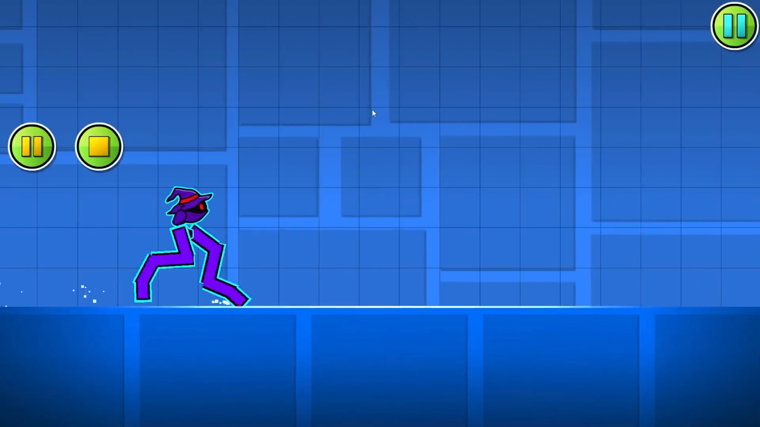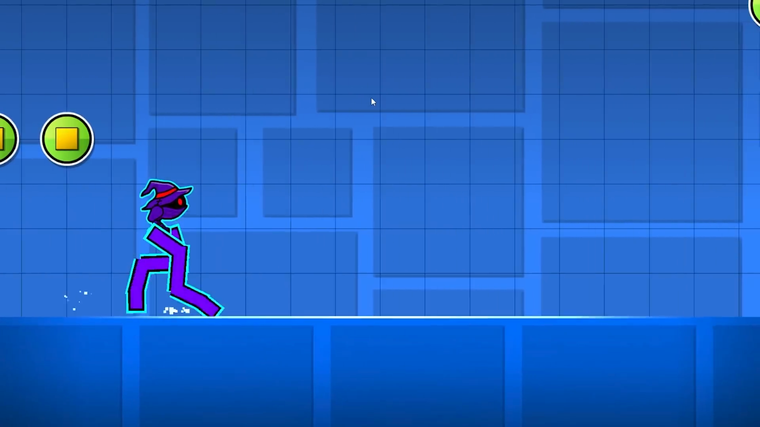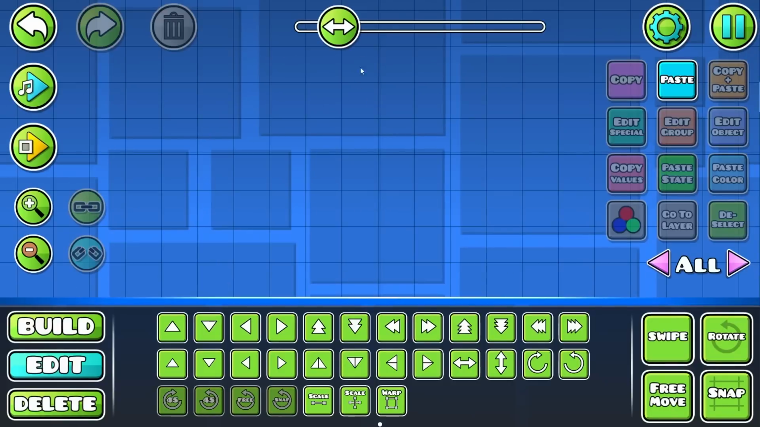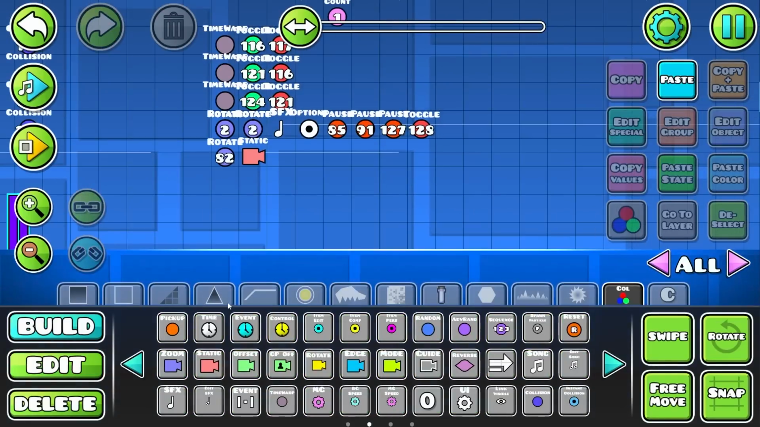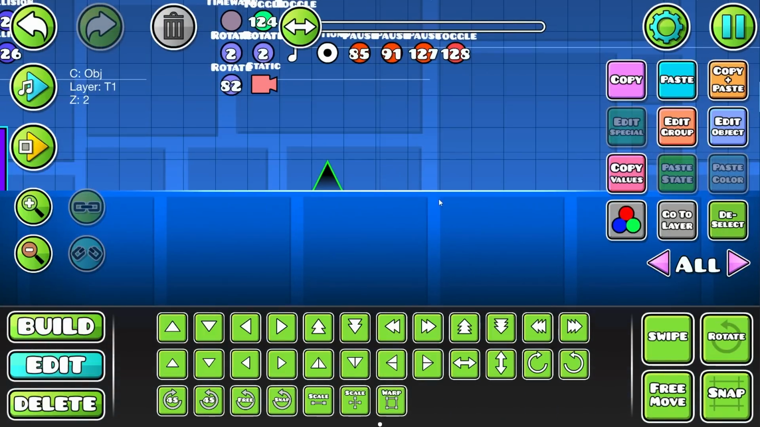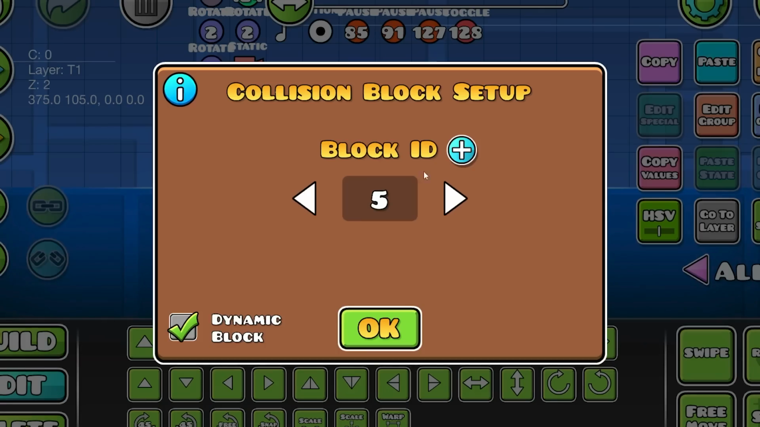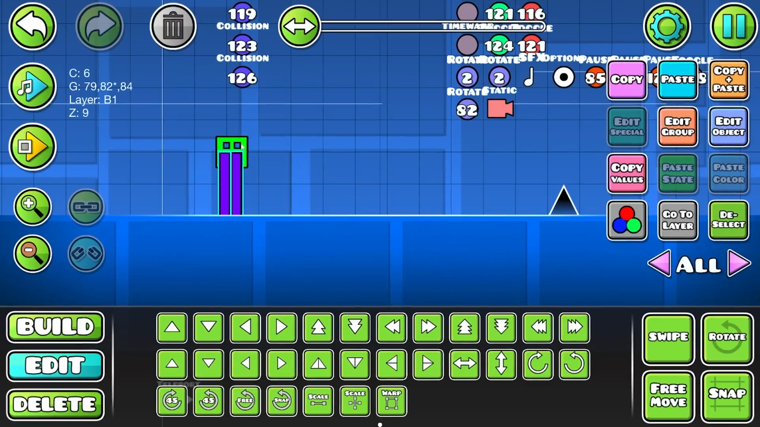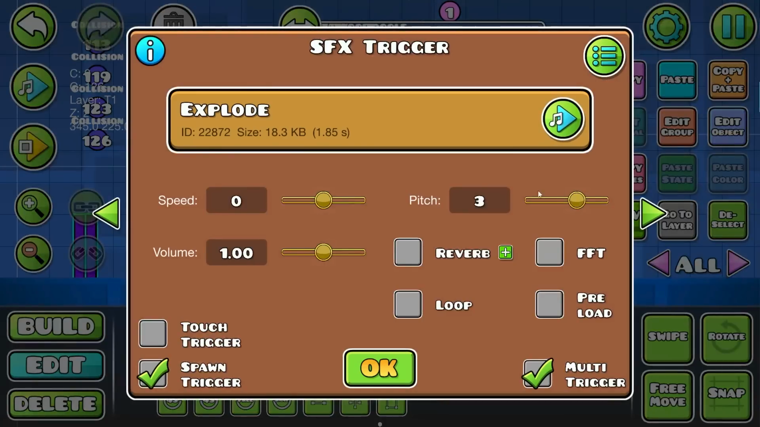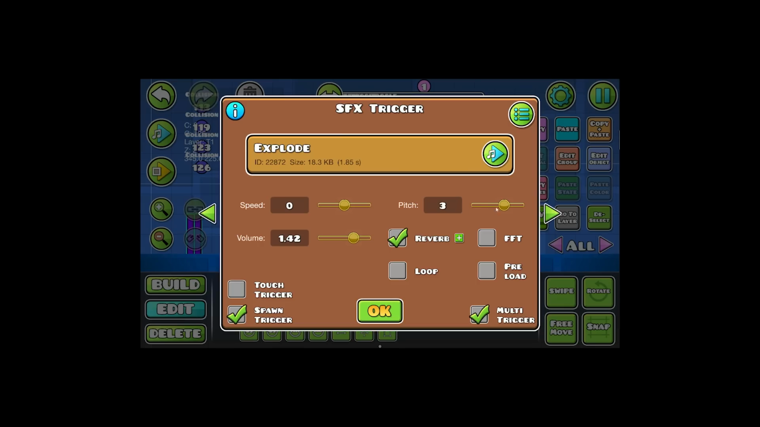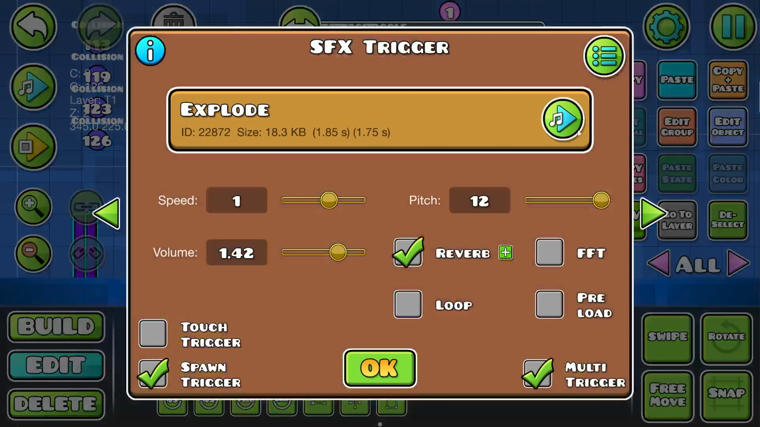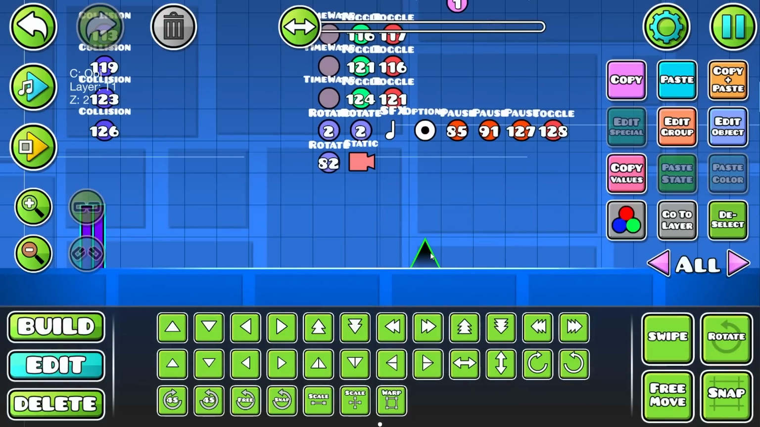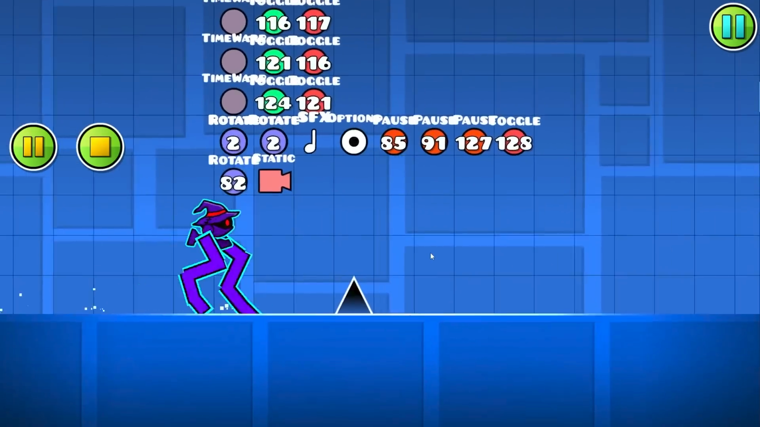Okay, so let's actually add some spikes so that you can actually die. And I also want to add speed portals, and then we can just build the level. So we can't just add ordinary spikes because we need to add a collision block on top of it to make sure that you actually die. And I added this sound effect, which is the explode sound effect, but it's really pitched up. Actually, let's do this. Oh my god, that's so worse. Okay, now if you touch the spike, you should just start